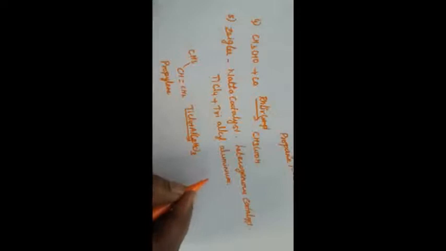So how will it form? All the compound is written like this: CH3, CH, the double bond is removed and becomes a single bond. Here n number of this linkage occurs, so that is called polymerization. That is polypropylene. What is this compound name? Polypropylene. Okay, so this is polypropylene.